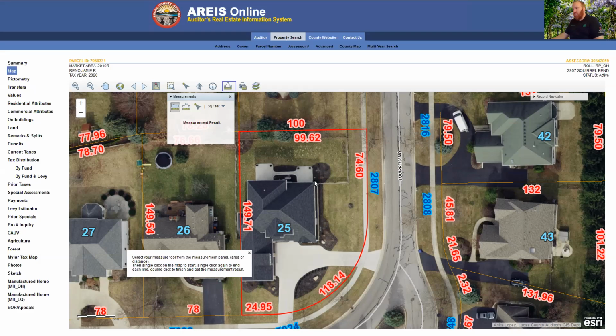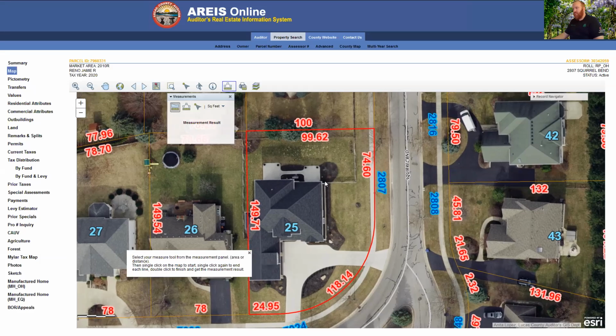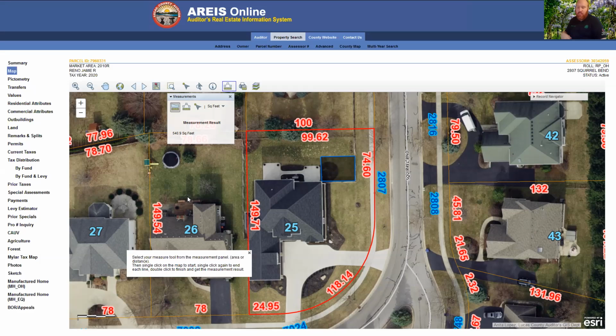And so what you can do with area is you just click on an area, and every time you get to a corner, just click. And let's just try to make it a square. And then to release, you always have to double click, which I always forget. So that's the square where you want to have your garden, and then you look over here. It's roughly 540 square feet,